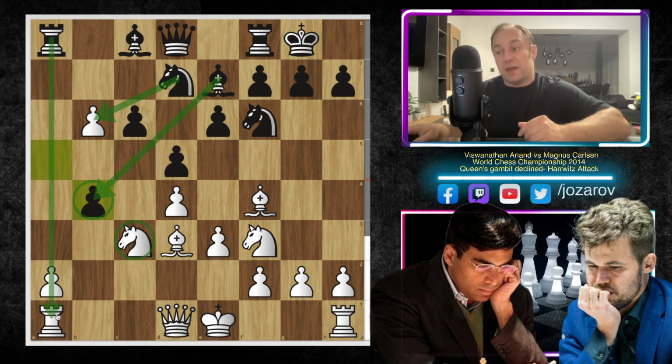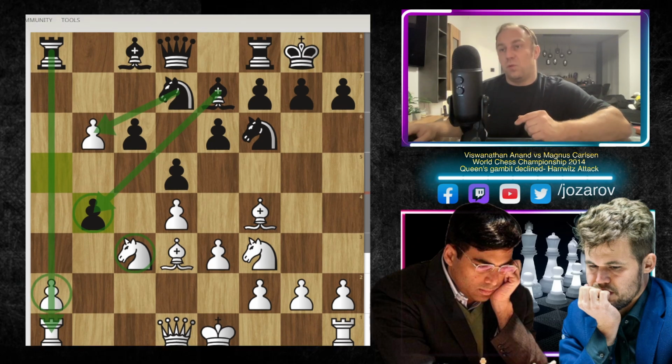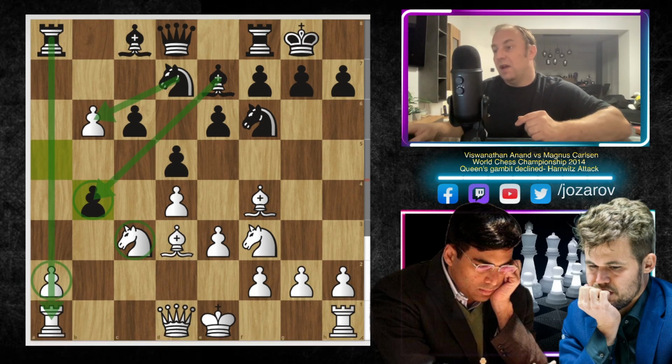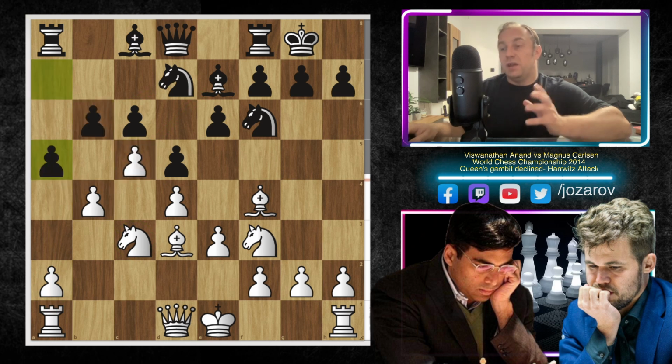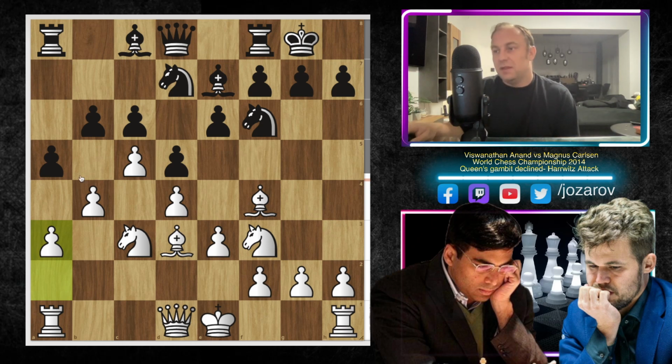Then you see black is actually continuing the pressure on the a file. The a2 pawn is a little bit weak, so you should not react here from white's perspective. You should basically wait for black to recapture. So that's why here after move a5, Vishy Anand protected his pawn chain further with the dark square pawn move, played simply the move a3. He keeps, as I said, what he wants to get, still this space advantage on the 5th rank. He wants to stay with this very, very important strategical element.